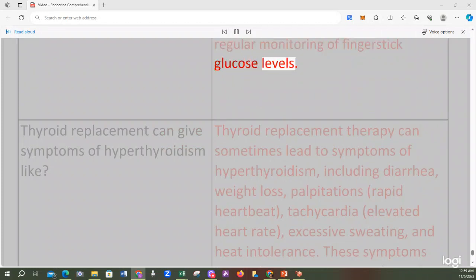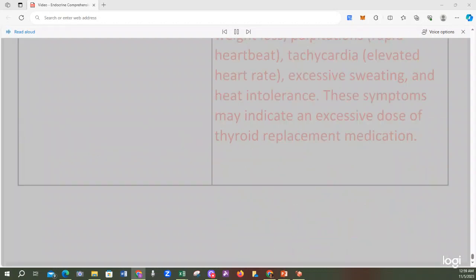Thyroid replacement can give symptoms of hyperthyroidism. Thyroid replacement therapy can sometimes lead to symptoms of hyperthyroidism, including diarrhea, weight loss, palpitations, rapid heartbeat, tachycardia, elevated heart rate, excessive sweating, and heat intolerance. These symptoms may indicate an excessive dose of thyroid replacement medication,